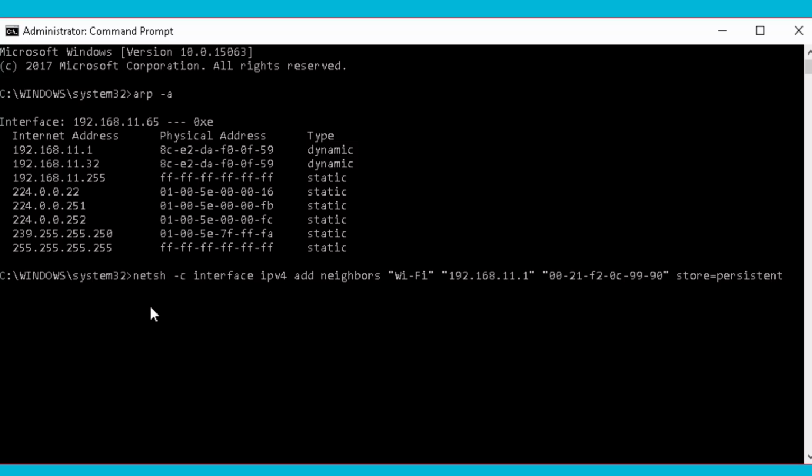So netsh -C interface IPv4 add neighbors Wi-Fi, the IP address, the MAC address, and then store equals persistent, and